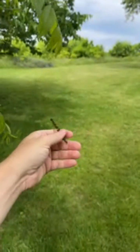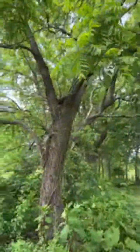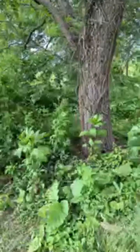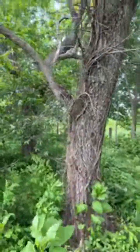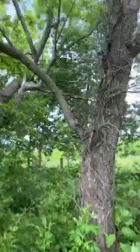Another small walnut tree. But here's another big one. You can see this has got the little fruit growing on it, and these are the leftover pieces of the flower that distributes the pollen. So it's wind pollinated, so it doesn't have a very flowery looking flower. It's got some poison ivy vines growing up it. They seem to be dead, so I guess they've been cut at the base, but